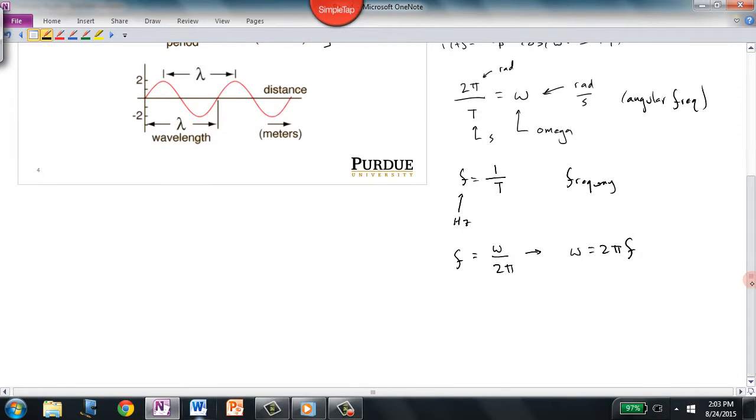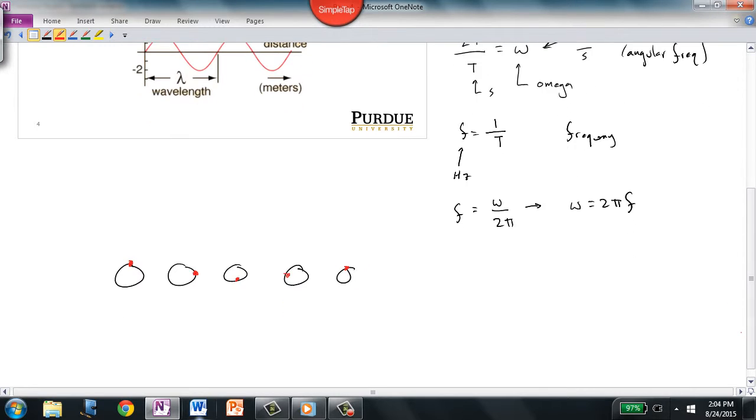Other physical quantities may vary as a function of position instead of time. For example, I'm going to just draw a wheel, a bicycle wheel, in several different positions. And before the wheel starts rolling, let's pick one point. Let's say it's at the top. And as the wheel rolls, this constant point on the circle of the wheel is just going to move around. And so if I were to plot this,